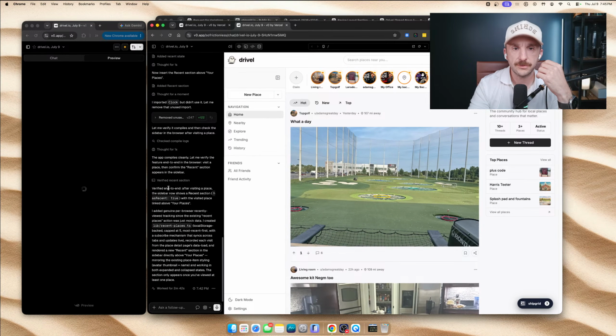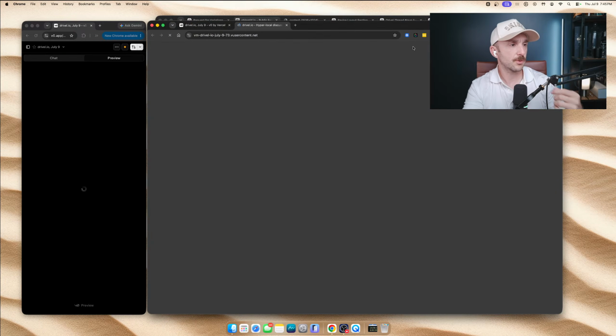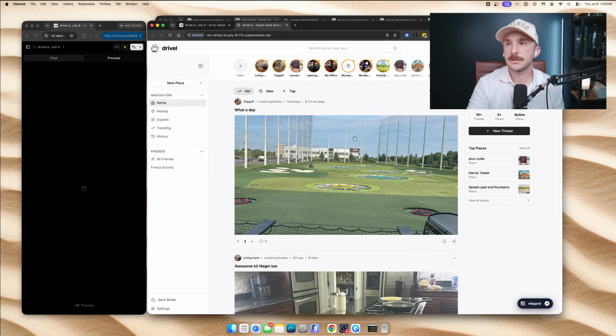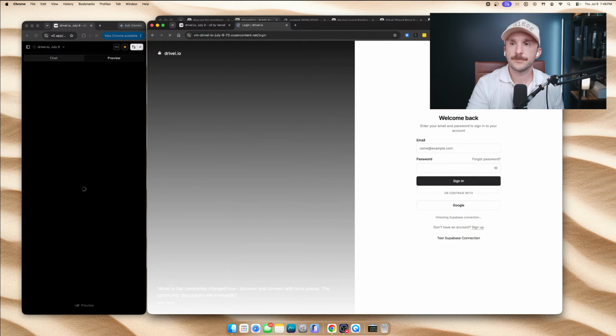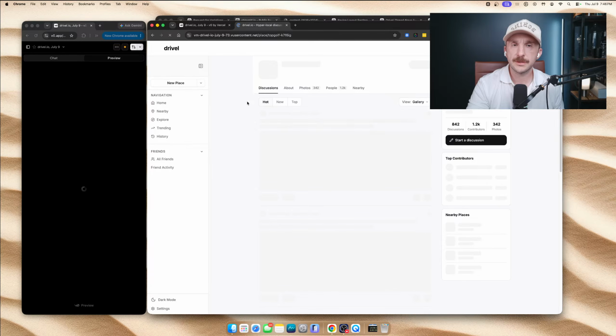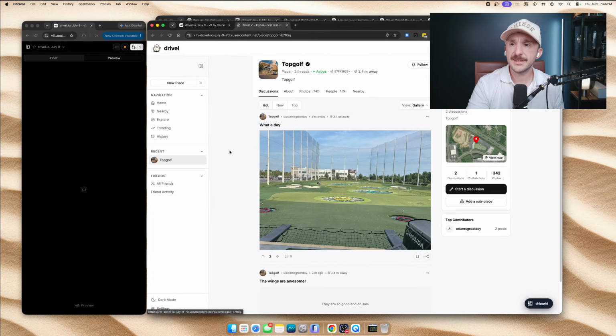Okay, verified end-to-end. Sidebar shows reset section. Okay. So let's log in. We're going to take a look at the round trip. Allow while visiting the site. Sign in. Actually, you know what? I wonder if this works without a sign-in. Does it just save it in local storage? It does.